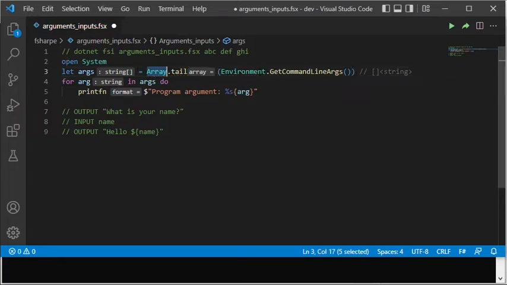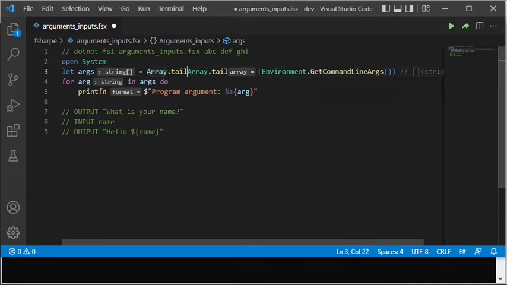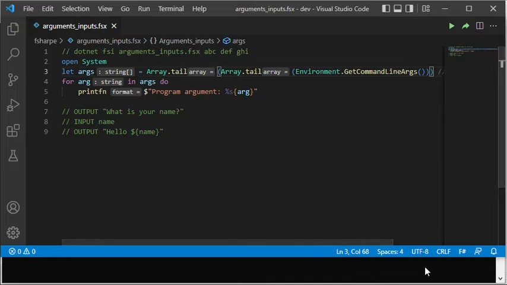Then I call array.tail again, with the returned array as an argument to remove the first element from that array. By calling array.tail twice in that way, you get an array that excludes the first 2 elements from the original array. I will soon show an alternative way to call array.tail twice, but first I will show that this works.